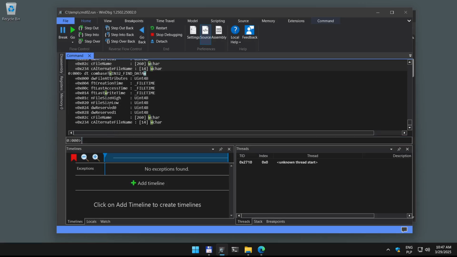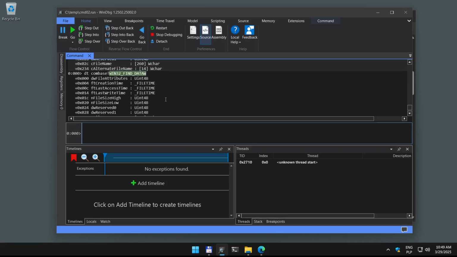Okay, so let's go back to our trace, and we'll again use the seek and get function like before, but this time we are interested in the moment when the call ends. So we will look for FindNextFileW, and not time start but time end. And we won't have the file name in the first parameter like before, so instead we are going to